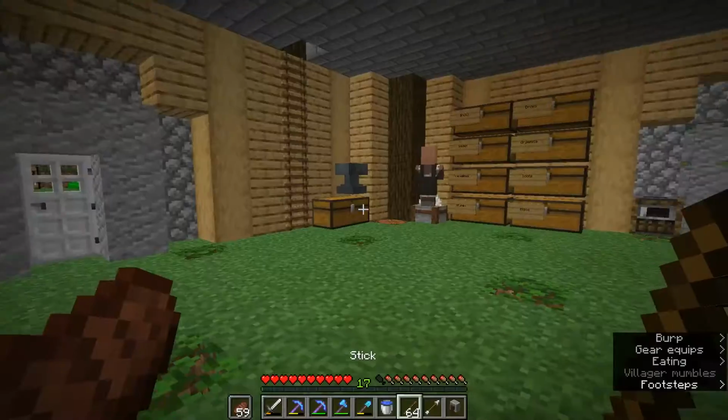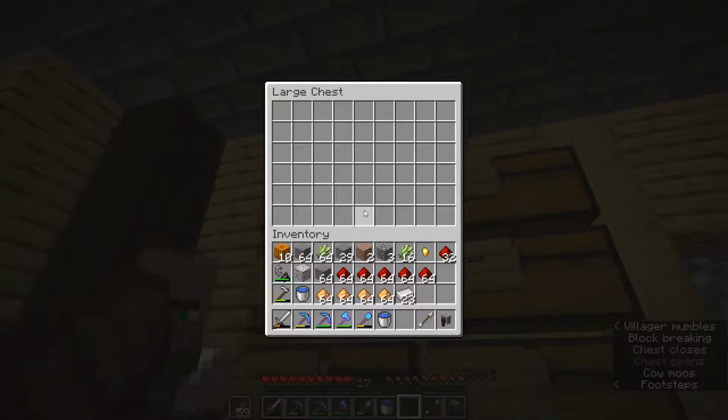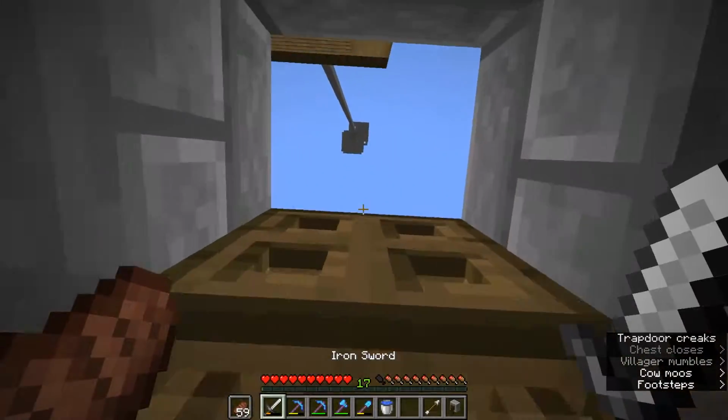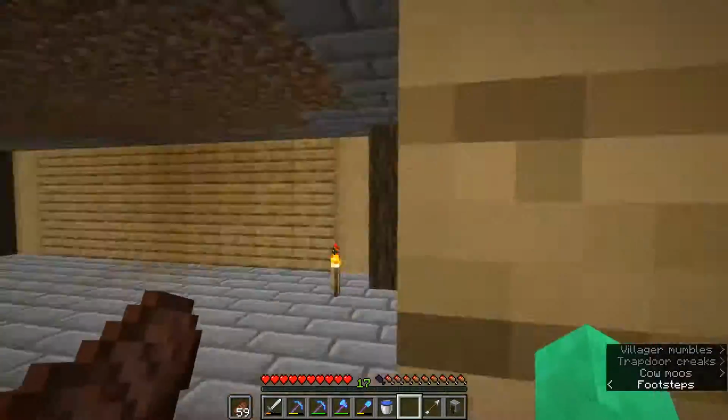So, here's my plan. Hold on, let me put some things away. I also added 2 more chests, one for books, even though I don't have any anymore, and one for drops. So that's mob drops as well as food. But anyway, if I head back up here, you will see that at the moment there's 2 floors, but